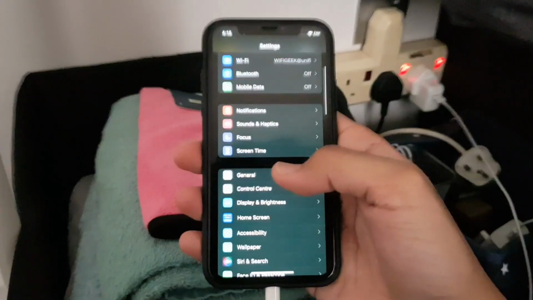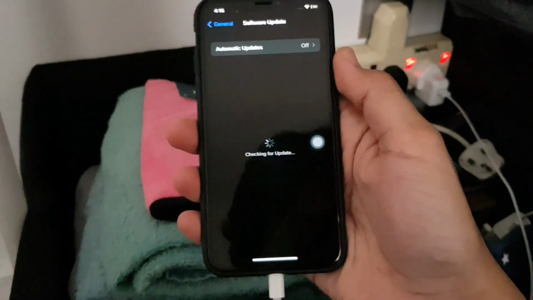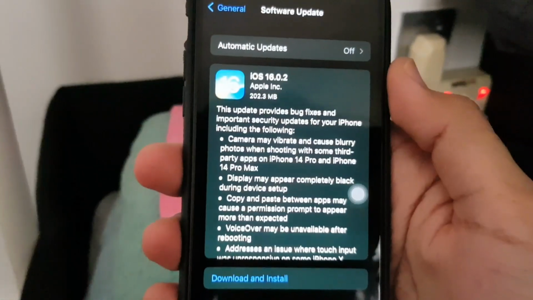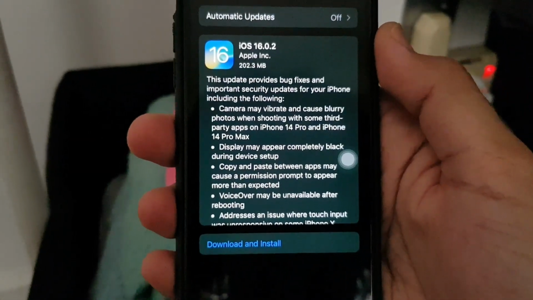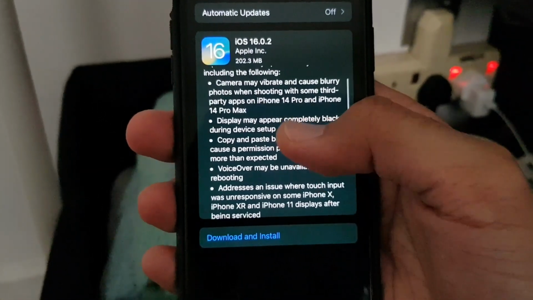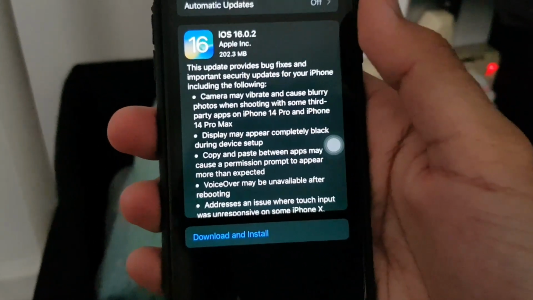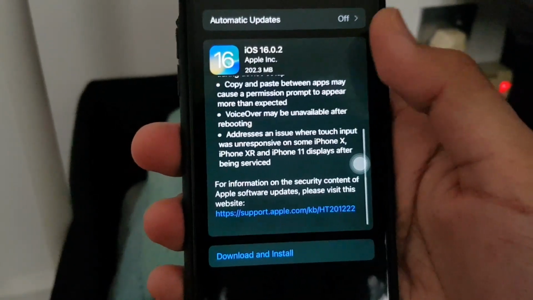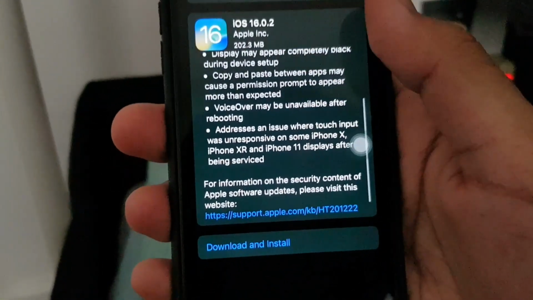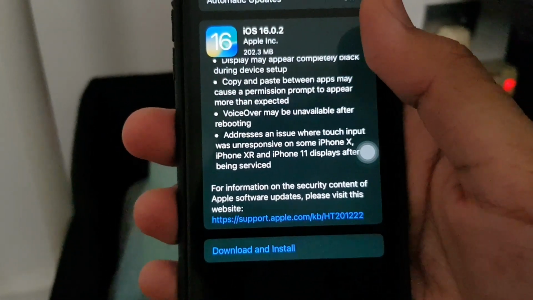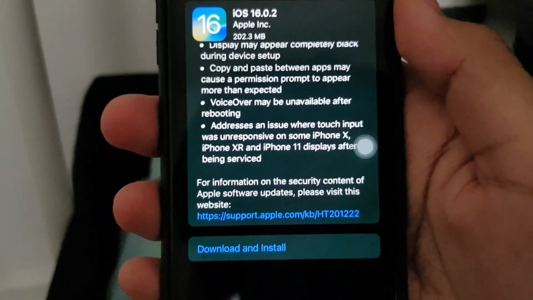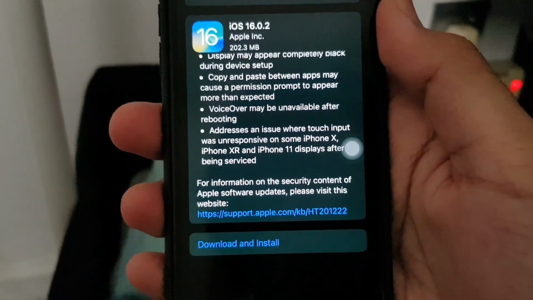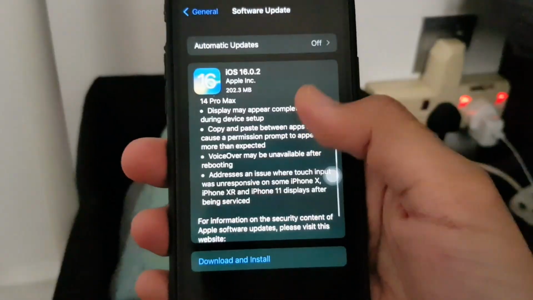Let's go to Settings, General, Software Update, and you will get a notice just like this. As you can see, 16.0.2 has a fix for some issues. You can pause the video if you can't catch it. It is really important for the iPhone X, XR and 11. Some of you got the touch issue after the iOS 16 update, and also if your screen has been serviced